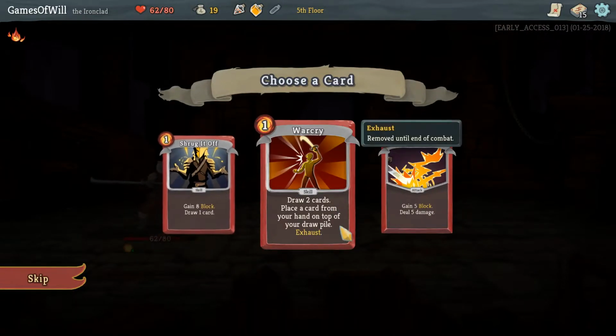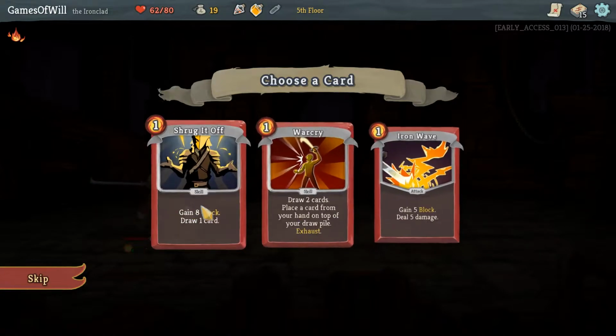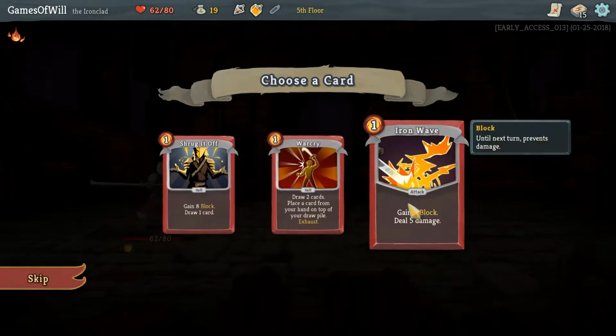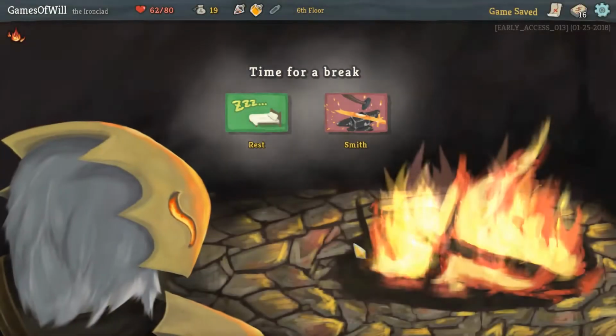Okay, Shrug It Off, Warcry. Draw 2 cards. Place a card from your hand on top of your draw pile, or Iron Wave. I might like Iron Wave. Both the attack and the...